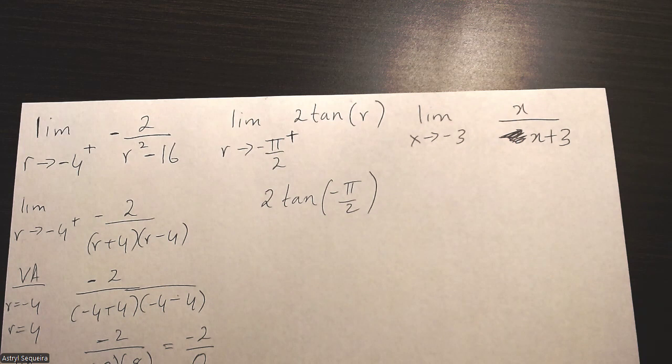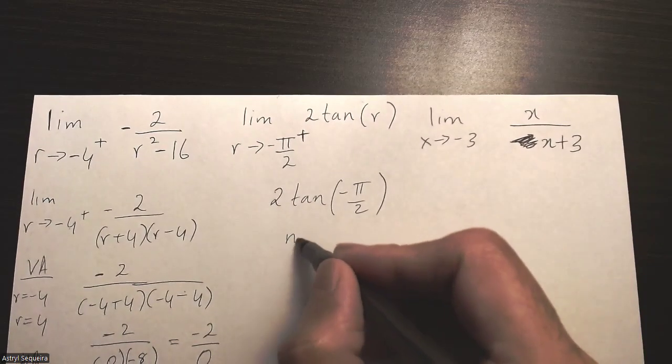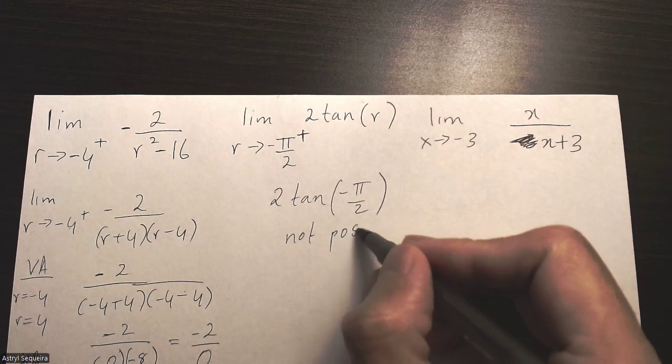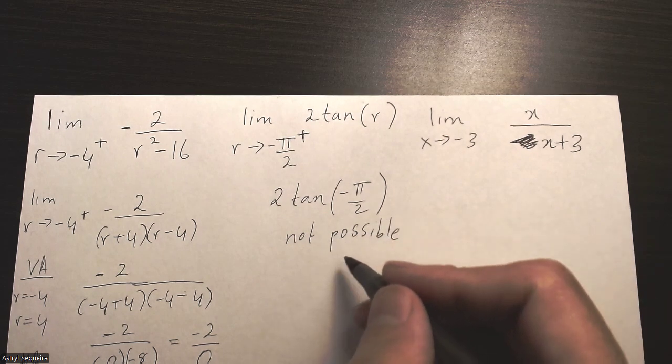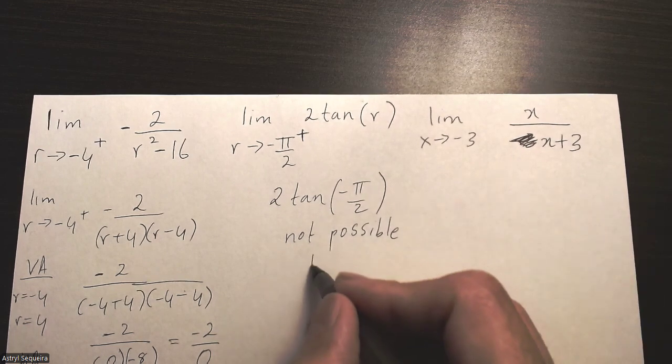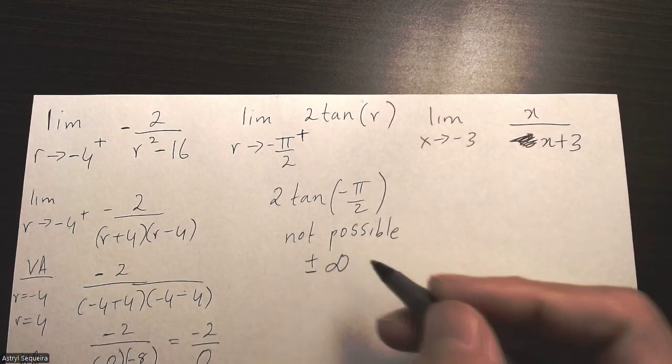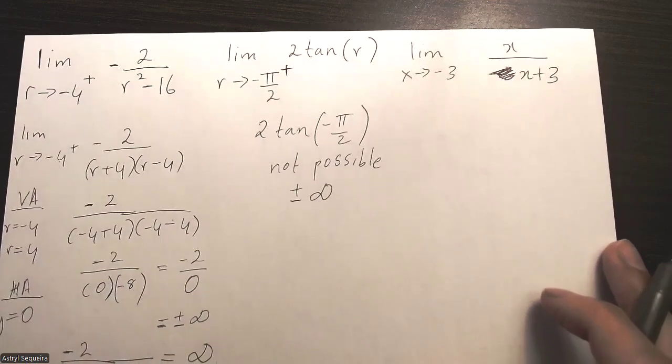Make sure your calculator is in radian mode. So we know that this is not possible. We know that there's a vertical asymptote over there, which means my answer at a vertical asymptote always has to be either positive or negative infinity. But again, to determine which one,